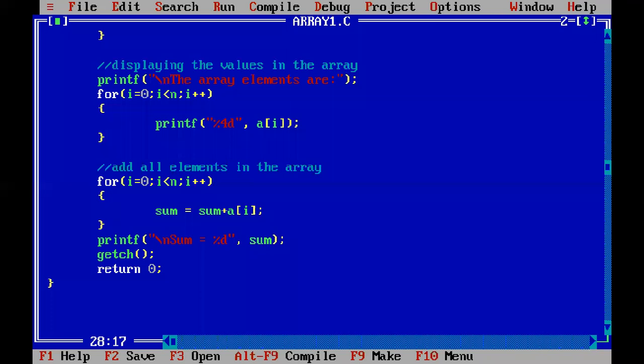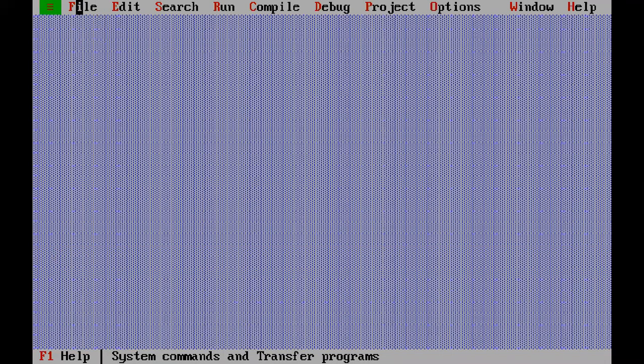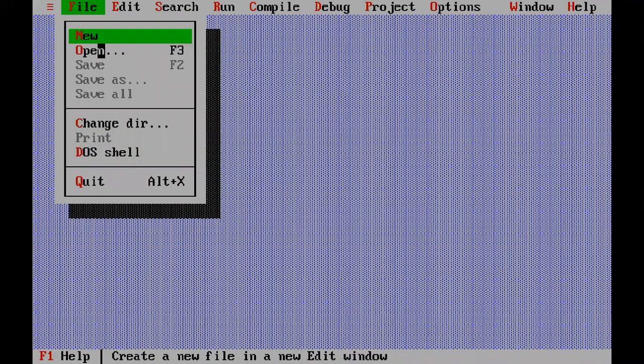Okay, we have done a few programs already. Sorry, not element insertion. I just showed you how we can read elements into an array and display them, and also how to add all the elements in the list. Today we will try to find out how we can find the biggest number from an array of n elements.